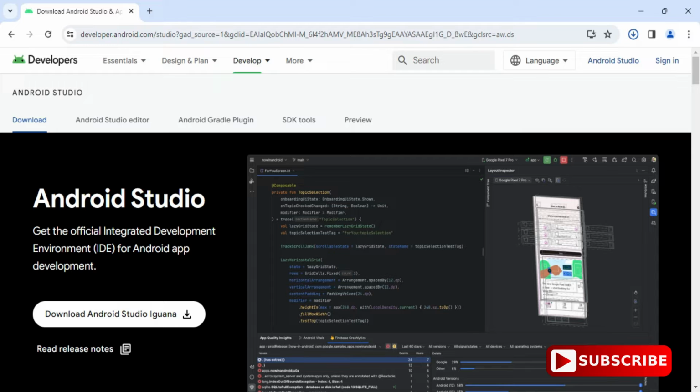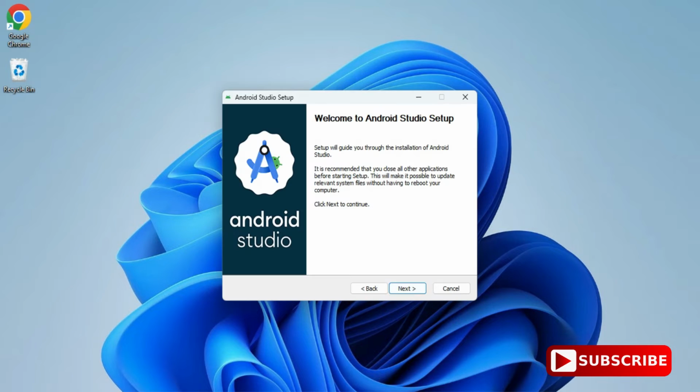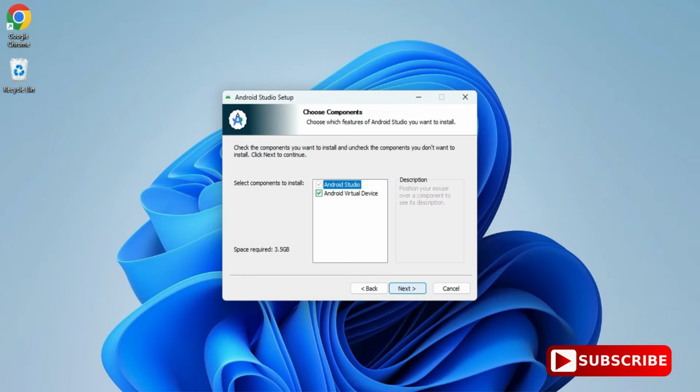Let me minimize my browser. Now here it is starting my setup, and it is showing me this screen, so I need to just click on the next button. And guys, here we have to choose the components. If you want to install Android Virtual Device, you can select it, where you will be seeing your output. If you are not connecting your mobile phone for checking your output, then you need some virtual devices. So that is this part. Yes, so I want Android Virtual Device to be installed, and later on while creating and running the project we need to configure it, and click on the next button.